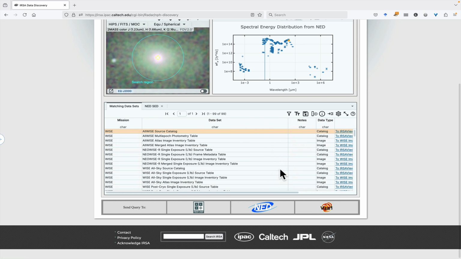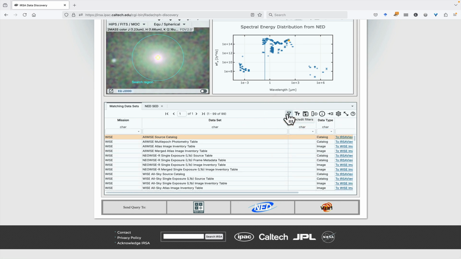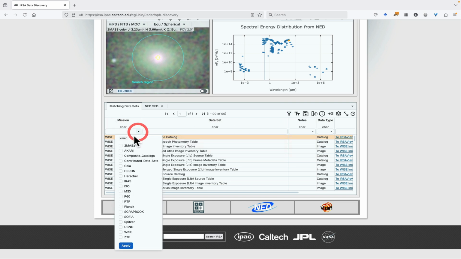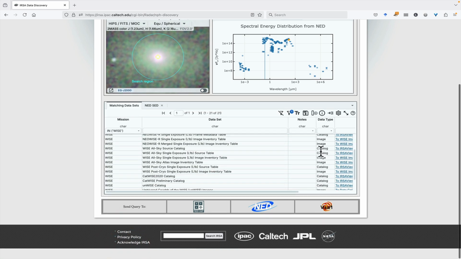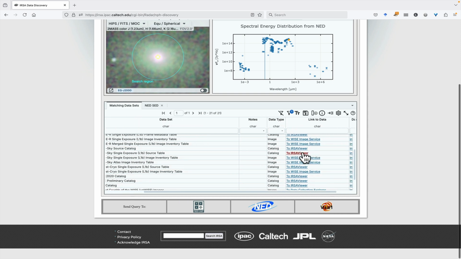Let's see if we can filter this down. If we click on this, then we get the filters at the top of the columns. Now we can filter this down so that it's just WISE data. Now we can see that we've got lots of catalogs and images. If we click on To IRSA Viewer, it will launch the IRSA Viewer tool with the photometry that it found for this object. If we click on To WISE Image Service, it will launch the WISE Image Service with those